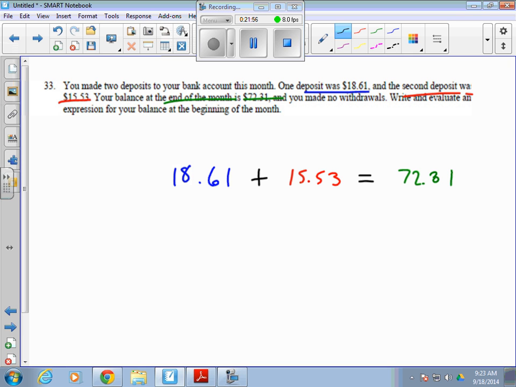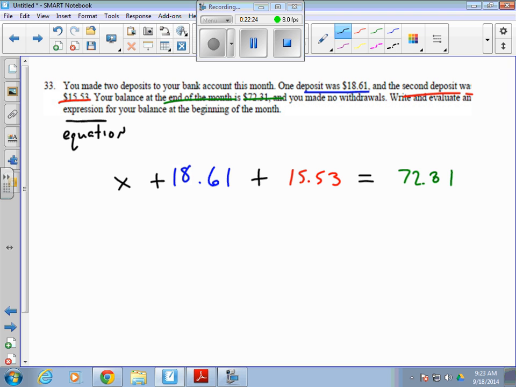It says write and evaluate. It says an expression. We're going to write an equation for this one. Write an equation for your balance at the beginning of the month. Well, we don't know what the balance at the beginning of the month was. It's an unknown amount. Unknown amounts are represented with a variable. So this is the equation we'll come up with right here. X, or the unknown amount, plus 1861, the first deposit, plus 1553, the second deposit, equals the end balance, 7231,